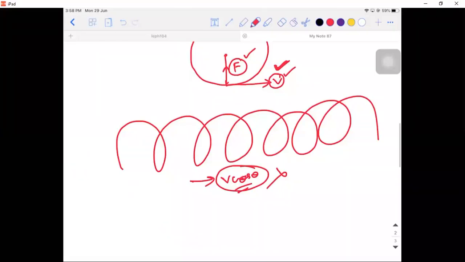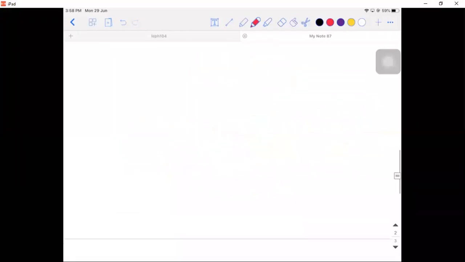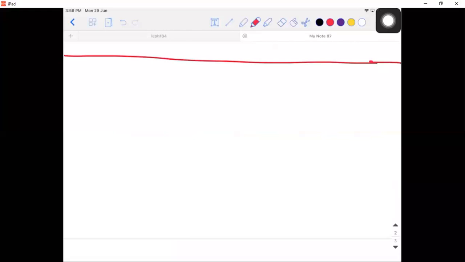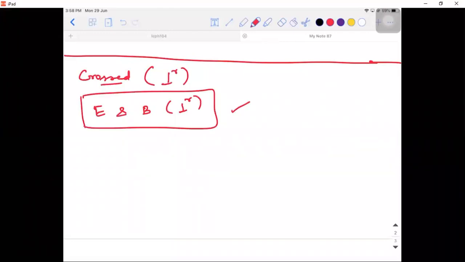Now you will understand why we are using crossed fields, because most of the questions will be on why this crossed field is being used. You need to understand that first, because then I can proceed with the concept. So in physics, what does crossed mean? I told you. Perpendicular. Electric field and magnetic field should be perpendicular. We have seen electric field and magnetic field to be perpendicular somewhere else also. What was the concept?